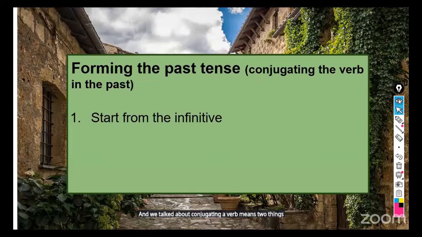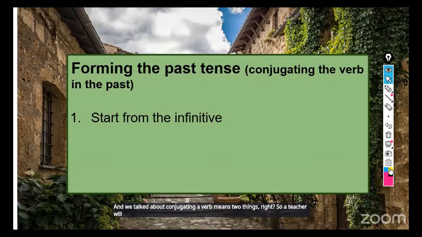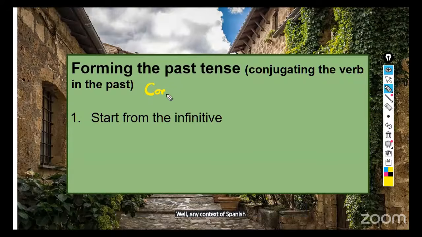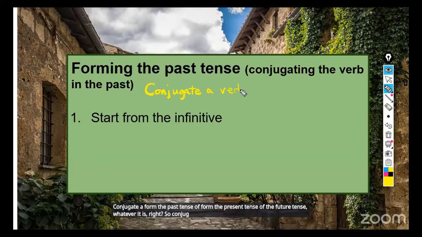So a teacher will say, conjugate this verb. Or the instructions will say, conjugate the verb in the past tense or the present tense. And what does it mean? Well, in the context of Spanish, conjugate a verb or form the past tense verb or form the present tense verb, form the future tense, whatever it is, conjugate a verb means